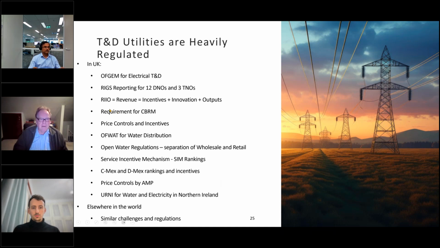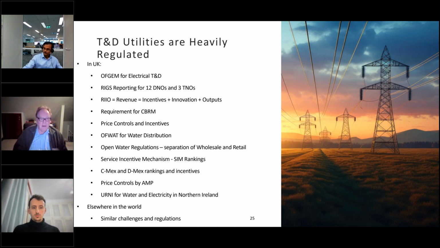The operators are paid by revenue, obviously, and the revenue consists of a number of things. Outputs, that's how much electricity they're delivering, but also what innovation, what are they doing to enhance the network? And they're getting incentives. And we say incentives, and people think, okay, this particular utility, their annual incentive budget was £100 million. It's $150 million. So it's big money at risk here. If they comply, they get the bonuses. If they don't comply, they get the penalties.